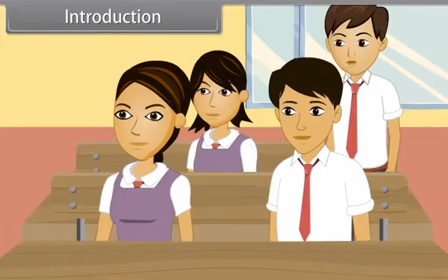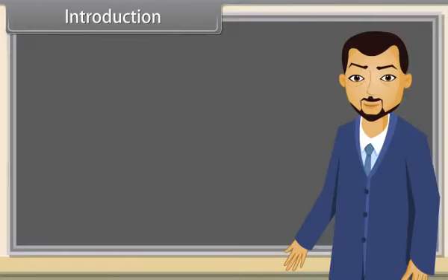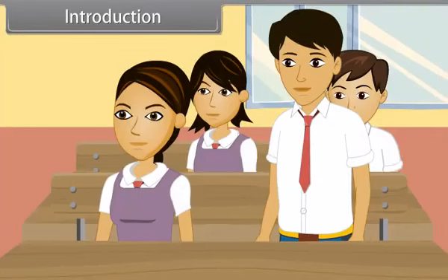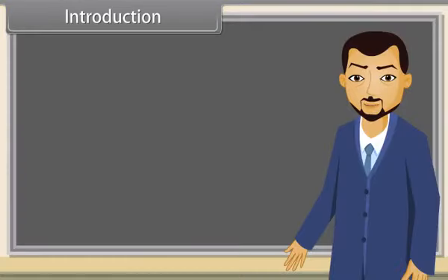Sir, and what we get from the sunlight? Good question, Raman. We get vitamin D from the sunlight. It encourages the absorption and metabolism of calcium and phosphorus in our body. Sir, what happens if our body cannot get vitamin D? Due to deficiency of vitamin D, many serious diseases can occur, like rickets, obesity, heart disease, or high blood pressure.